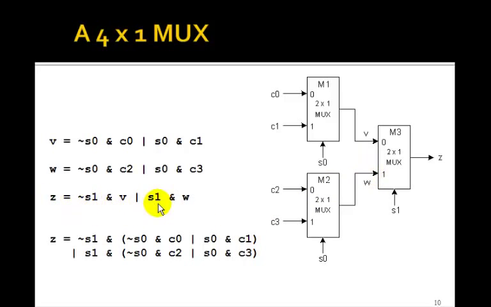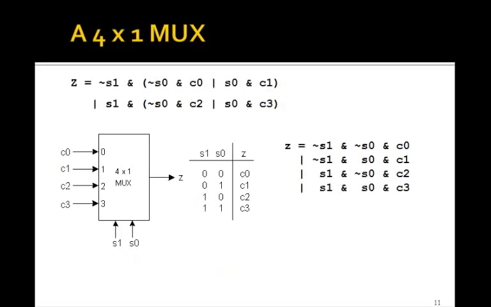So in this equation for Z, we can plug in for V this equation. For W, plug in this one, and we'll just get this term. Here's V coming in here, here's W coming in here. And we can now multiply it out. Z is not S1 and not S0 and C0, or not S1 and S0 and C1, or S1 and not S0 and C2, or S1 and S0 and C3. So this is the equation for Z for a